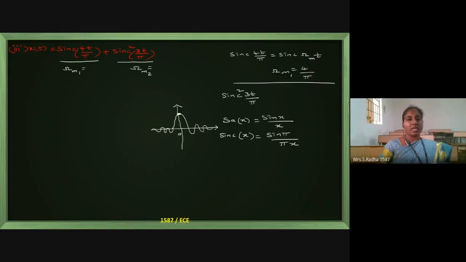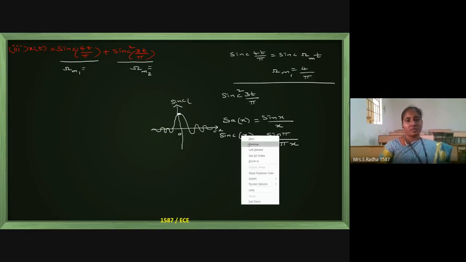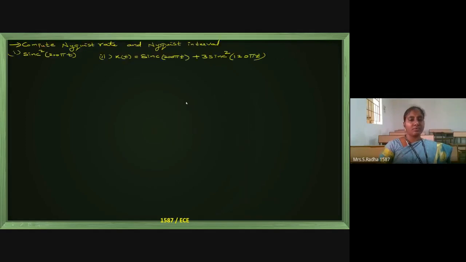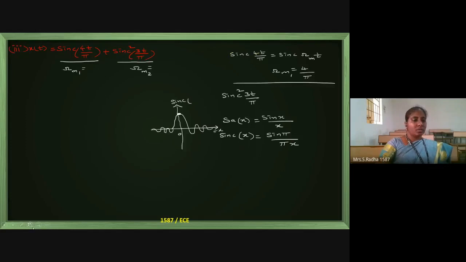Whatever x-axis you are taking, for the sampling function the x-axis will be x. For the sinc function the x-axis will be pi x. Then on the y-axis you have to consider sinc of pi x, or sinc of x. If you are given a function like this, we have to take sinc of x, whatever the function says from the equation. The x-axis will be pi x in the case of the sinc function.